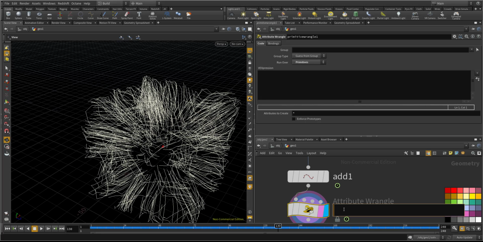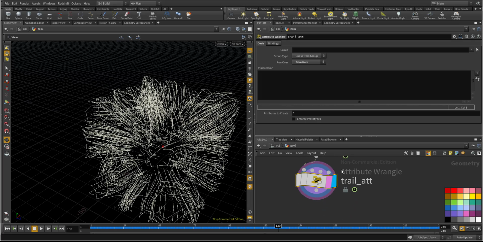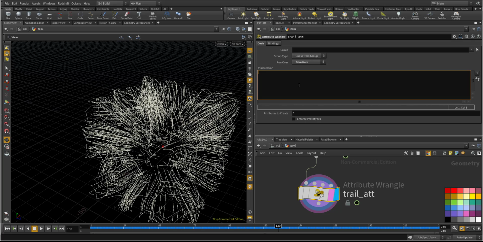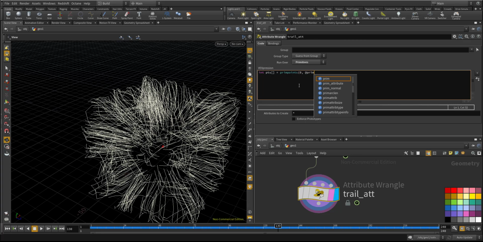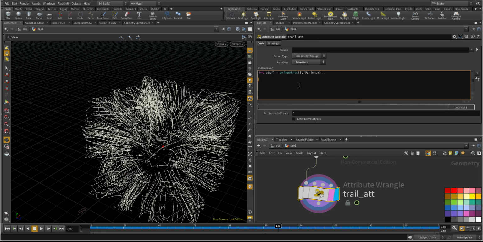How should I name this? Trail at, and for each primitive you have a bunch of points which have same IDs. So I'm gonna access it using prim points, prim num, and make a for loop to this point,